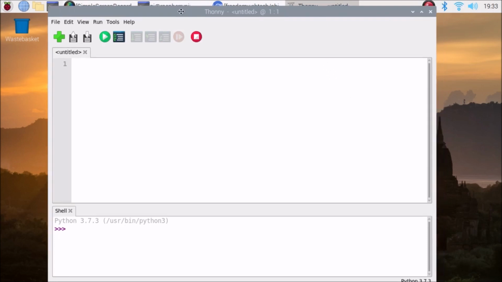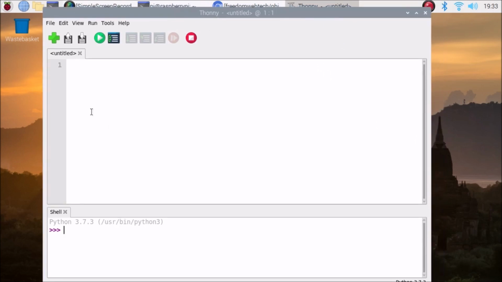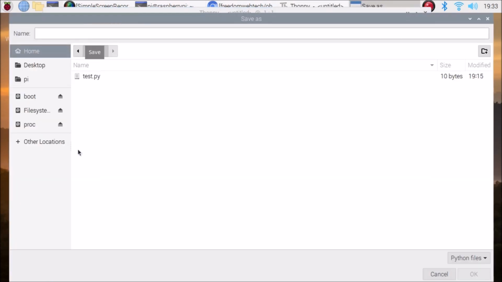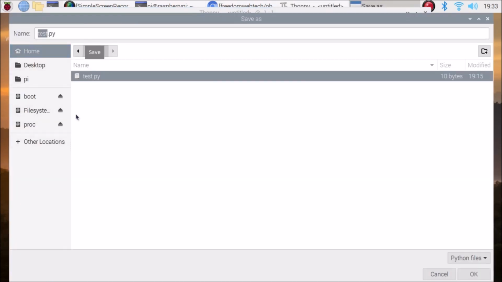Now we are going to create a file inside our folder. So we are going to create a new file. Simply click on File, New. We already have an untitled file, so first we want to give it a name and save the file. We need to go to where we have our folder.